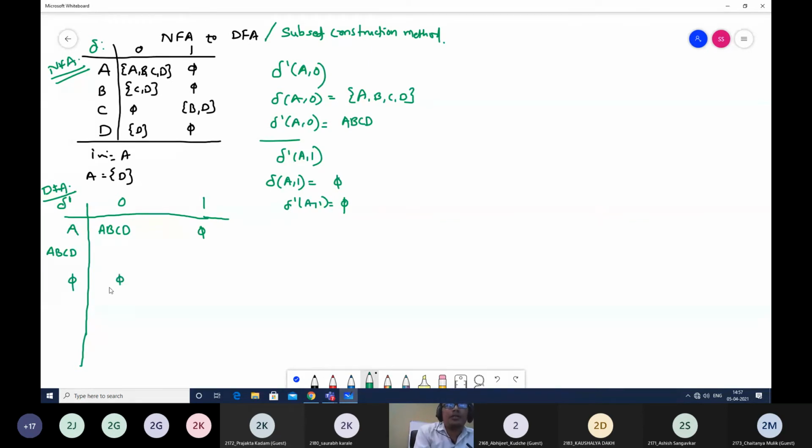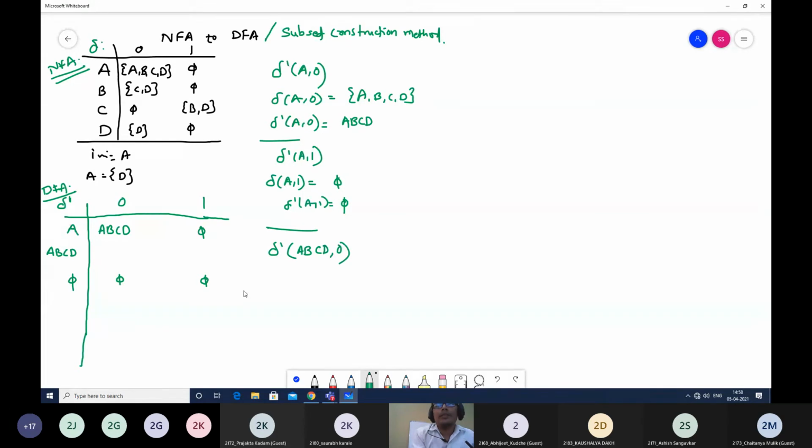So phi 0 will also go to phi, phi 1 will also go to phi, because we have studied the concept of dead state. 0 and 1 of dead state will go to itself. Now we have one state that is ABCD, right? Now see, I am calculating delta dash of